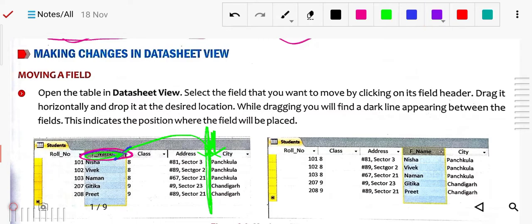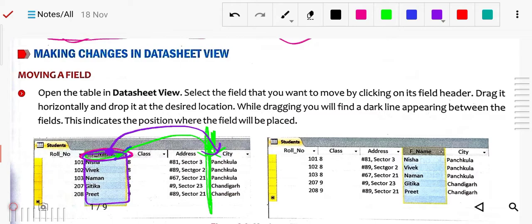First of all the header, you will just click on the header, this full column will be selected. Then after just put your mouse cursor over here and drag it from here to between these two. Same like drag, copy and paste, similarly you have to do. So that particular column will move from here to here. Okay, so this is the method for moving the field.